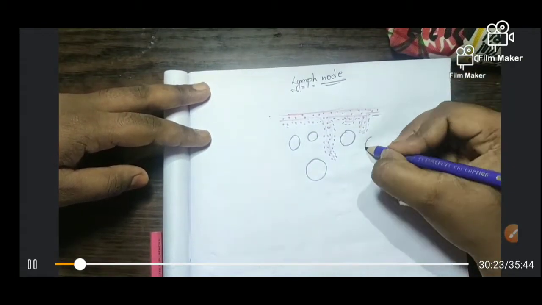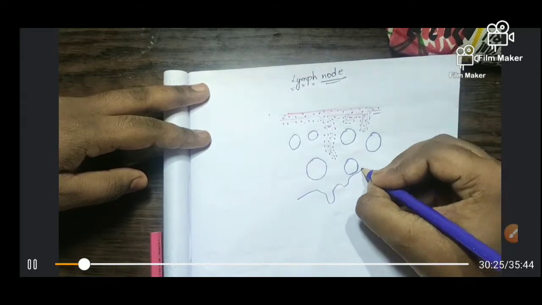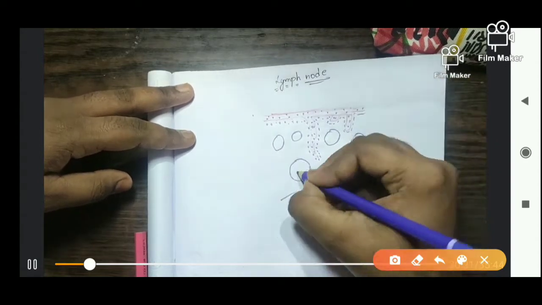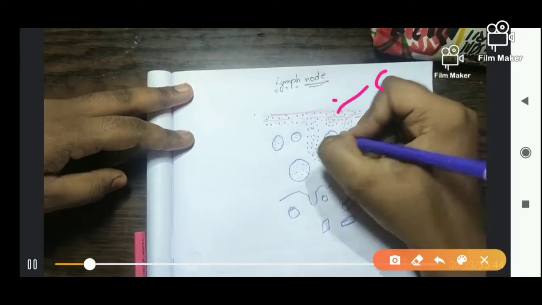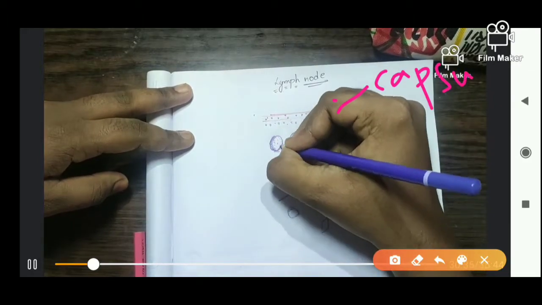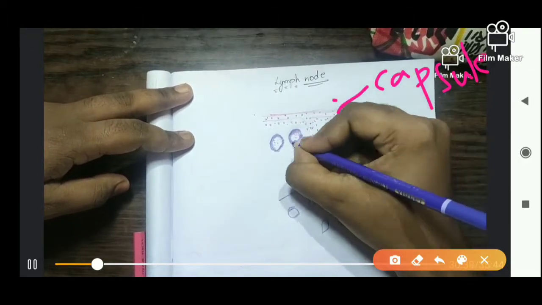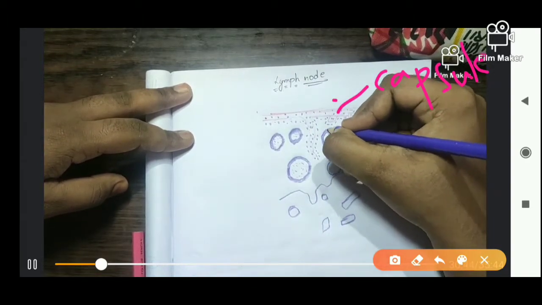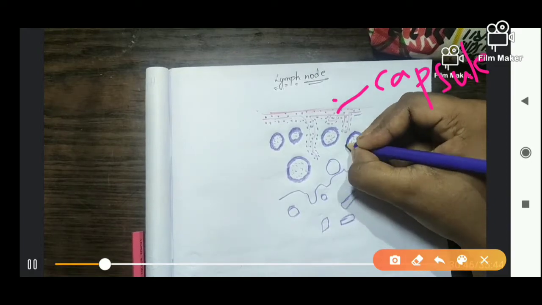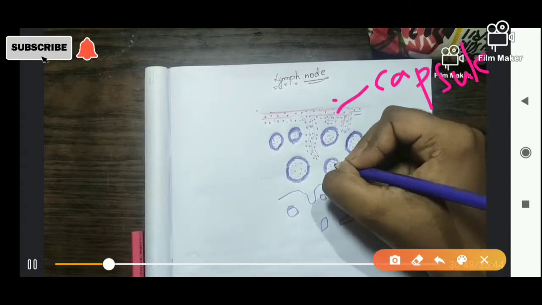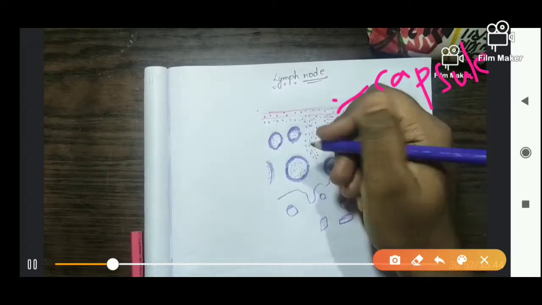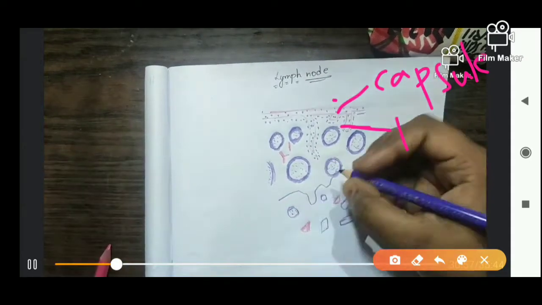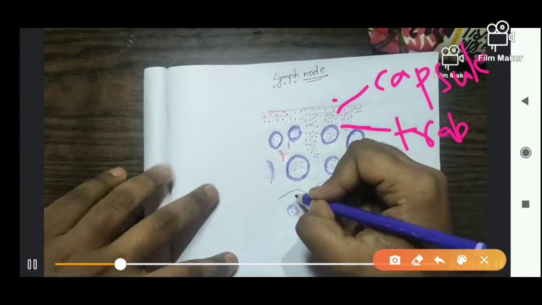So the microscopic features of lymph nodes are discussed here. You can see this is the lymph node where I am drawing. So I have completed the drawing of the capsule. This outer region is called the capsule, which you can see here. The capsule is made up of connective tissue and it is pierced by efferent lymphatic vessels on the convex surface of the lymph nodes, and numerous trabeculae arise from the capsule and enter the substance of the lymph nodes. So these structures are called the trabeculae, and that is the capsule.